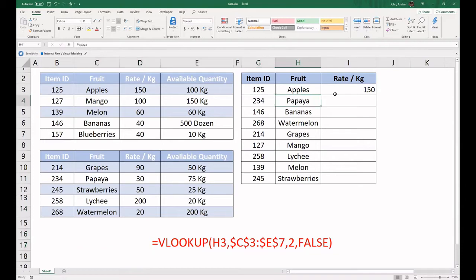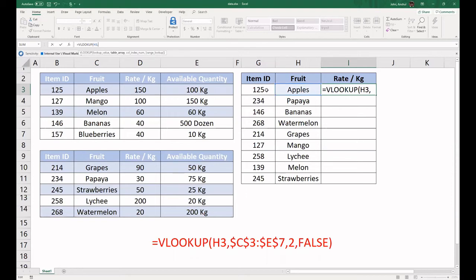Now if we scroll this formula further down, we are not getting the values for all the item IDs which are above 200. So to resolve this, we can alter our formula with a nested VLookup, where we mention an if condition instead of the table array to let VLookup know which table array it has to use. So in our case, we are going to use the if condition on the item ID, where we say